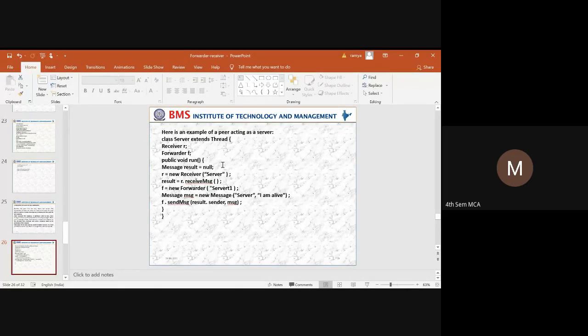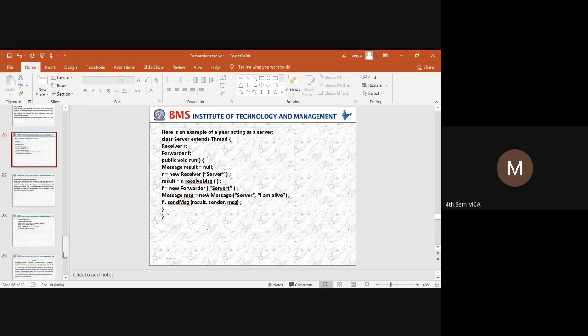What the forwarder will do is identify the new messages, new servers, and once the server is identified, it will send a message for establishing the connectivity that the server is alive. So what happens once the message is received that the server is alive? It is going to send the message. That is how it is going to work.